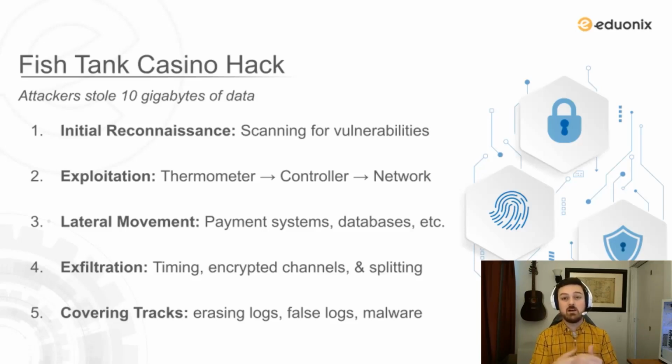Often you can put things in place to trigger alarms if gigabytes of data are coming out of your system, so you can split it into smaller chunks to not make that trigger. You can time it with high traffic or low traffic depending on how manual or automated it is, and effectively they sent all the data through the thermostat to the cloud, and then to